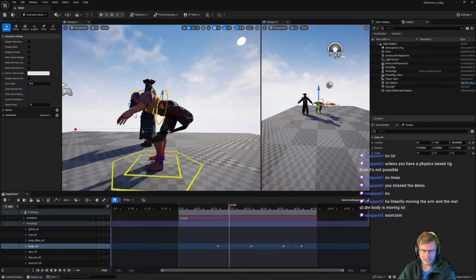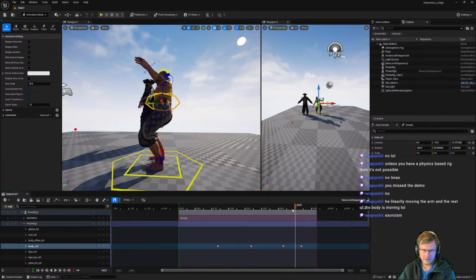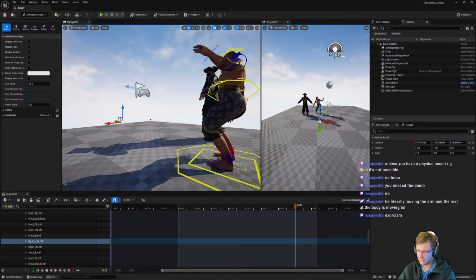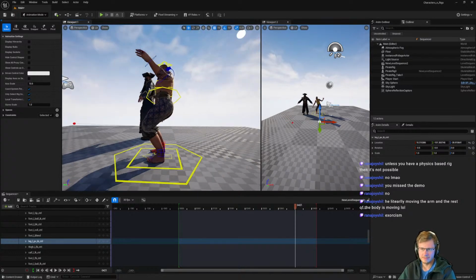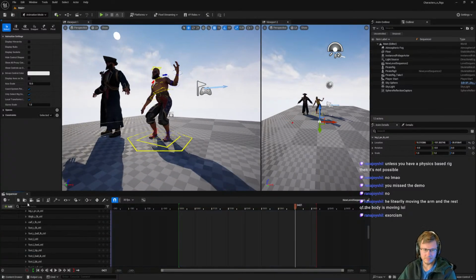And we got the leg jiggle animation still playing. And if we want, we could control the knees. Knee control. Yeah, that was good. That was good.